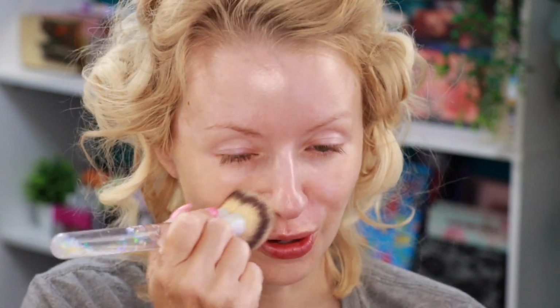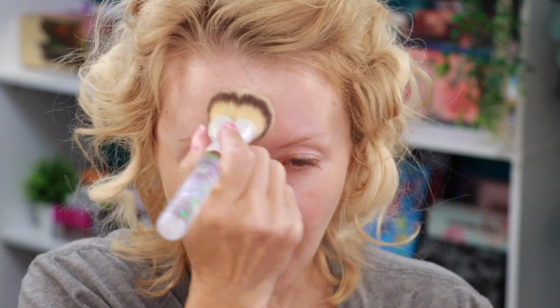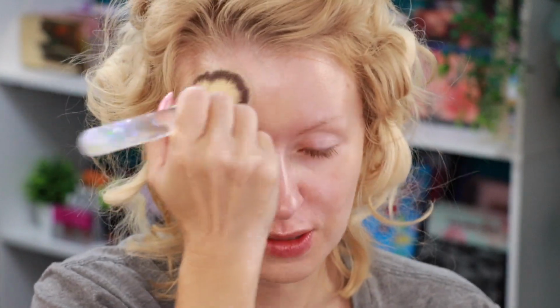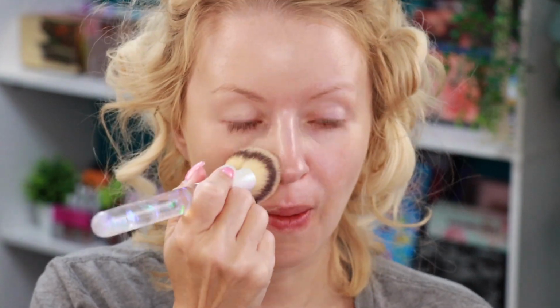Thank you for those of you who told me the proper pronunciation of the Tier foundation. I was saying Tur, but Tier. And I'm going to keep trying it. I think it's a good foundation, but is it worth all the hype it's gotten? I don't know, because there's a lot of other good foundations too. So I guess for the price, it's not very expensive. It's a rather affordable foundation for what you're getting. I guess it is pretty good. But,